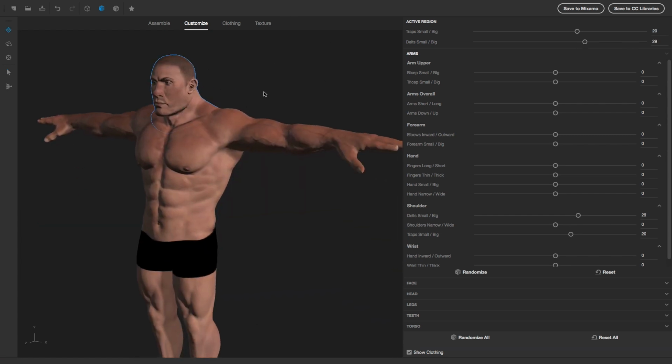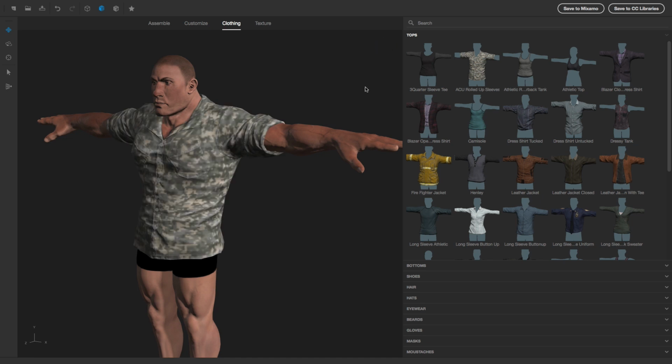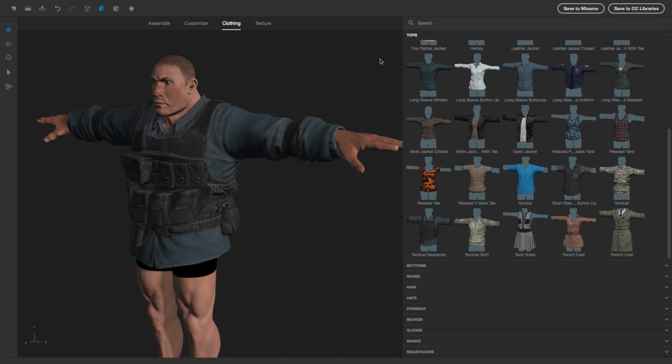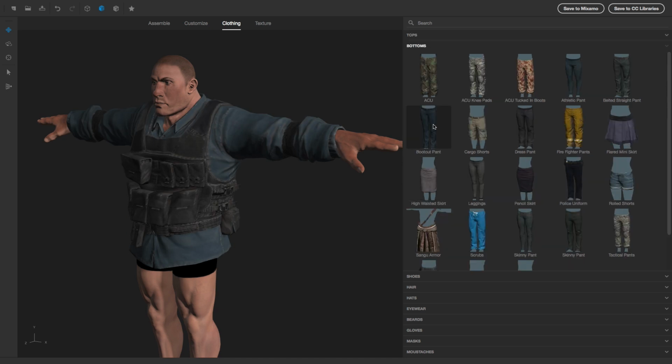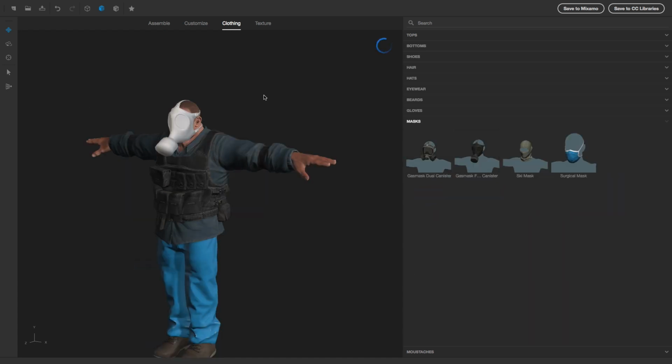The usefulness of this is it works everything together and takes out some of the problems that might come up. If you have a character model that's going to be in a game or a movie, the next thing you would have is clothes on it, hats and pants and stuff like that. What this does is take whatever you just made, take these default base clothing options, and in a couple of seconds it automatically snaps them on. You can also give them pants, shorts, hats, shoes, whatever. Let's at least put a mask on them or something.